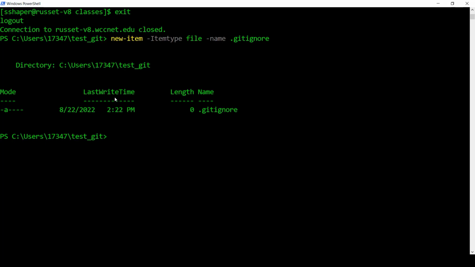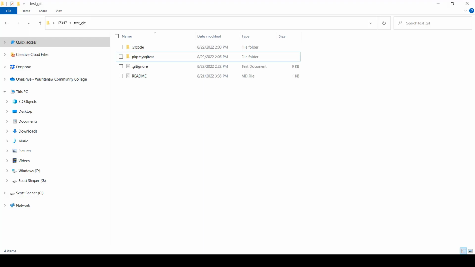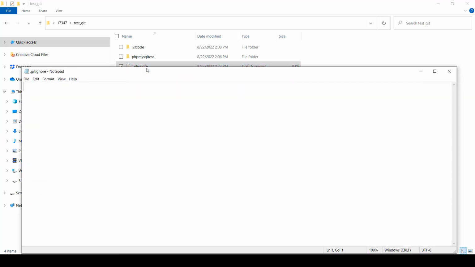Now, here's the easiest way to do it. You could actually just do it completely on the command line if you wanted to. But if you just go back into where that is, you're going to see there's the file right there. And it's just a text file. Okay, so if you double click on it, it's just going to open up in Notepad. And here's what you do. You go